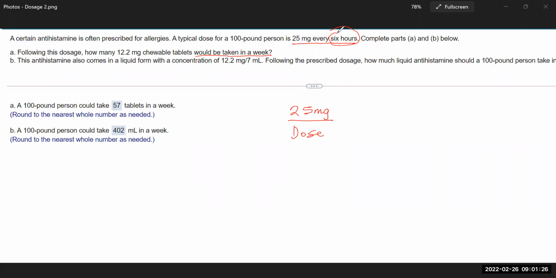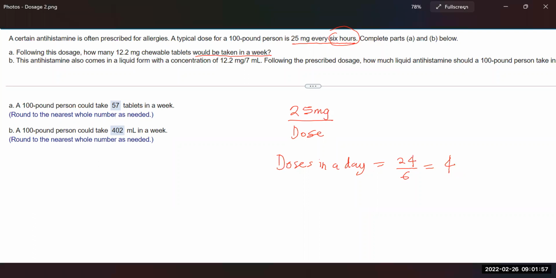Is that okay? To know how many doses will be taken in a day, that is going to be what? Because there are 24 hours in a day, you divide that by 6, and that gives you how many doses? 4 doses, and this is doses per day. So I'm going to do, let me clean this. So 4 doses